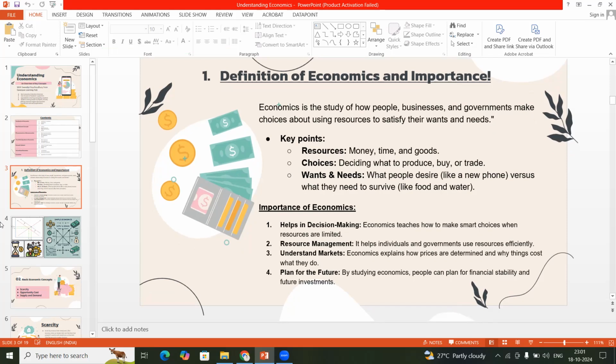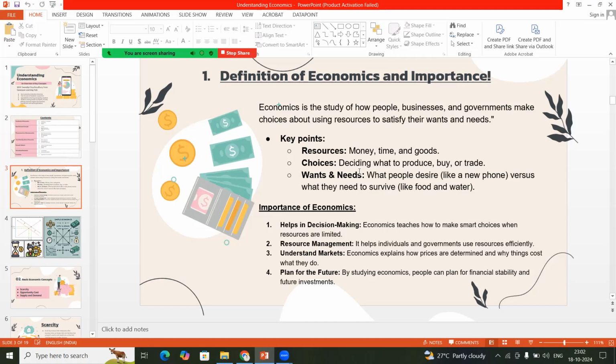As per their budget, they're demanding something in the market. And likewise, we are providing that. We means who? The producers. So we will get to know the demand and supply in the following chapters, in the following videos. But first of all, we have to understand the definition of economics and the basic concepts related to economics.